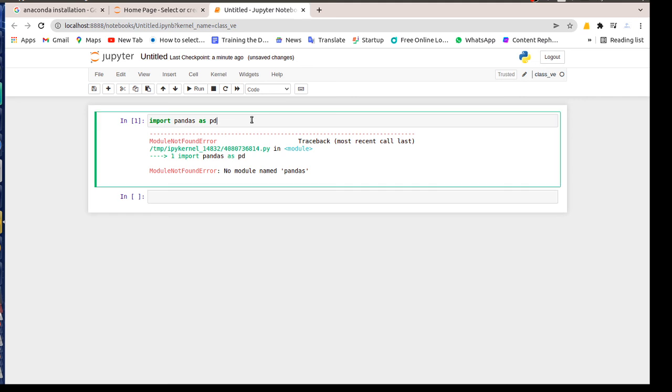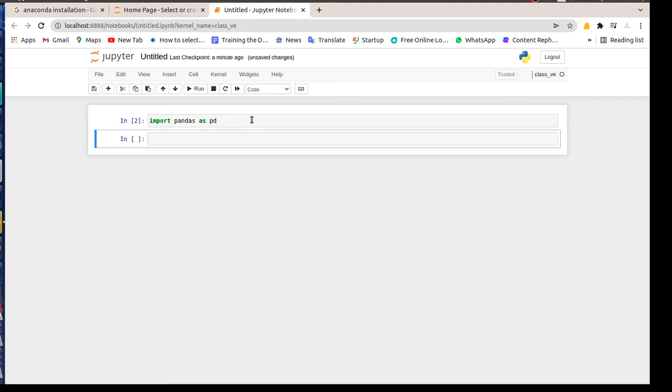You can see that if I run it again, you will get no error. It means you are able to install pandas properly into the class underscore ve virtual environment. That is the virtual environment you created now. You can install any libraries there and work with them.